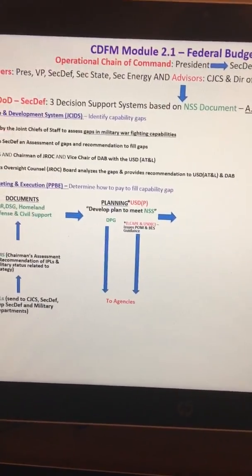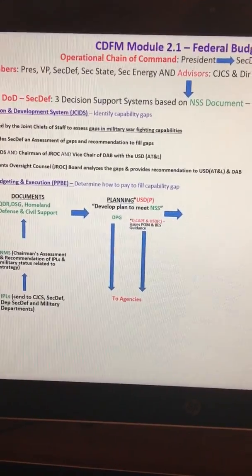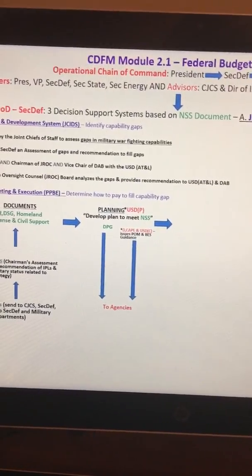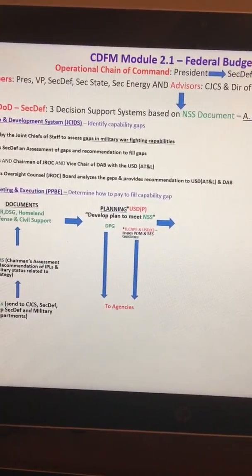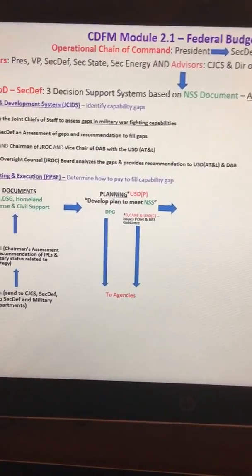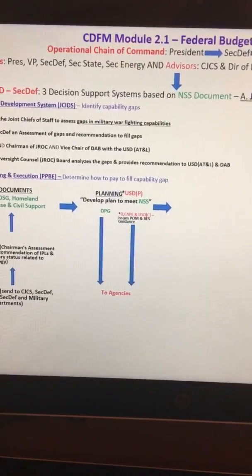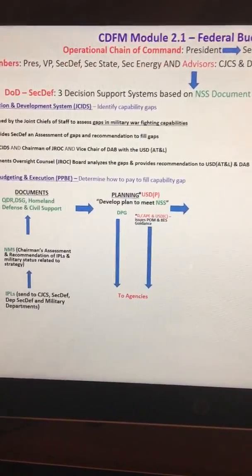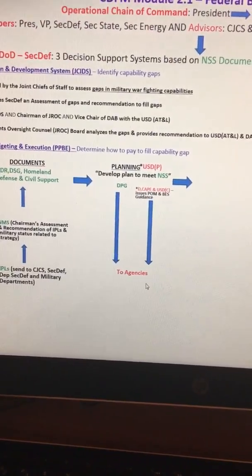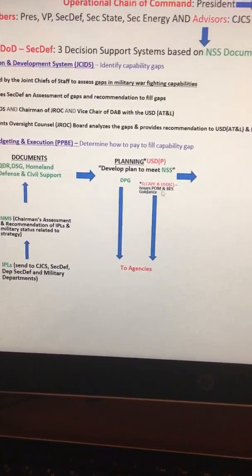Because some individual said recently on their test, it did not list the DPG, it lists the DPPG, which was in the 2011 study guide. So Defense Planning Guidance or Defense Planning and Programming Guidance. Before we start any process, we receive guidance from higher. That DPPG is sent to the agencies. At the same time, at the end of the planning phase, the individual responsible